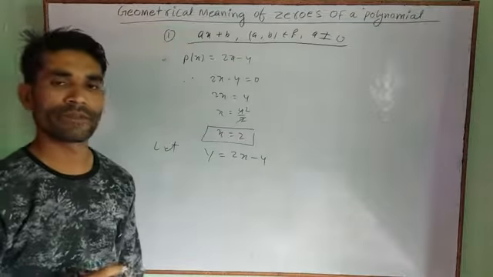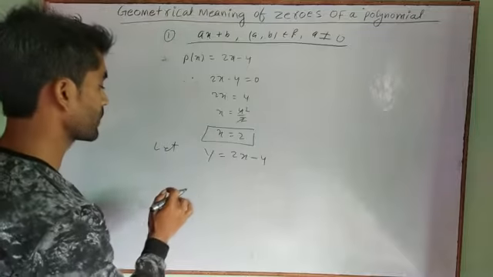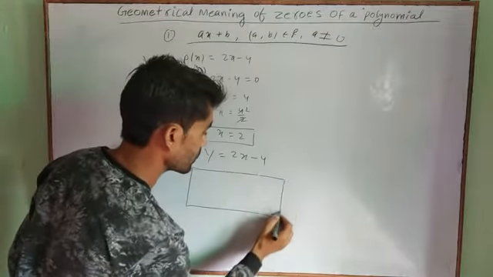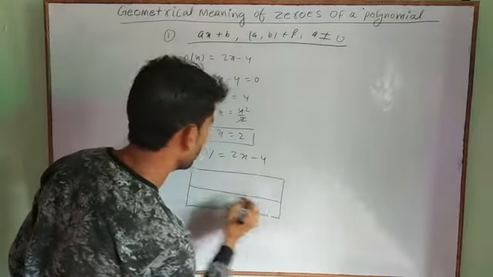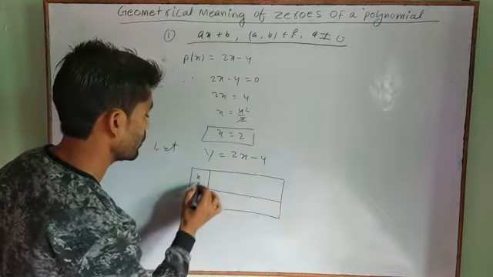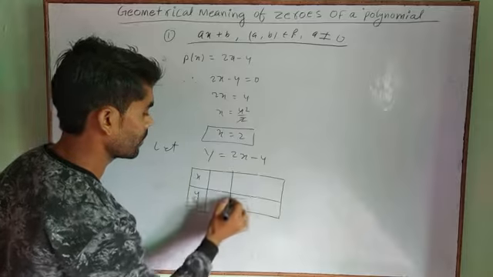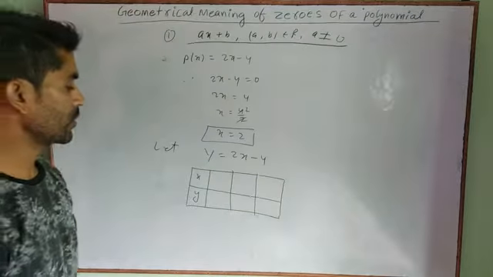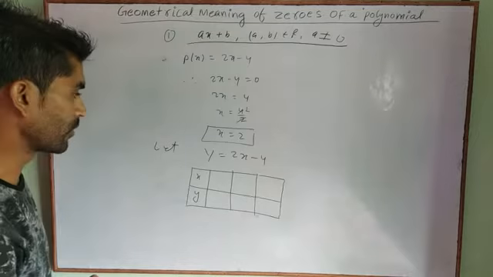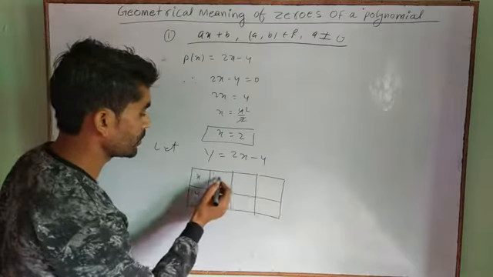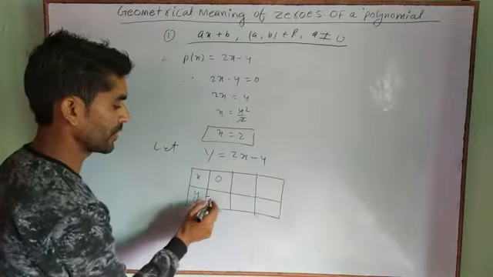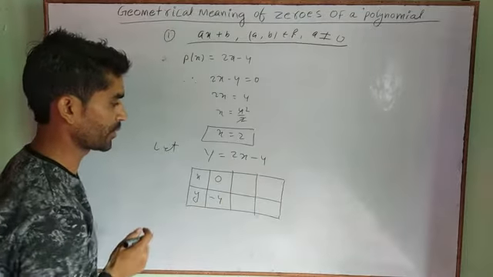Now let here y is equal to 2x minus 4, right? And now here we'll find the values of x and y. Here we have x value, here is y value, okay? So we can choose x value so that we can get y value. So I'm taking here first x value is 0. X value 0 means this whole term becomes 0, remaining minus 4. Y value is minus 4.